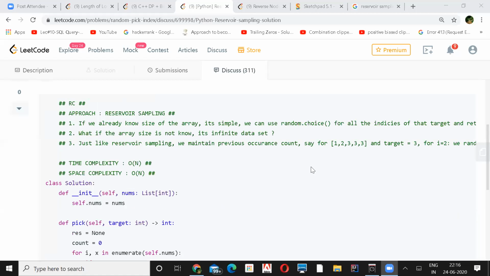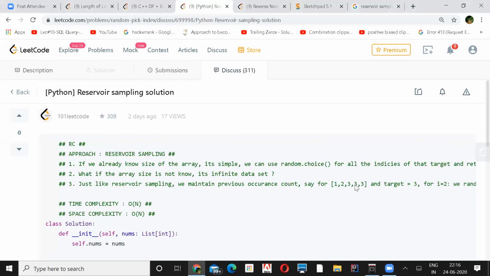Okay. Yeah. Shashank wants to share his code. Yeah, it's the same. Let me show what they are doing here. If you are going through this array, and suppose the first time you see 3, what we are doing is we try to generate a number from 0 to the number of times I've seen this 3. So it's 0 times I've seen, so between 0 to 0 I'll generate that number. Now when you reach this 3, you have seen two 3s, right?